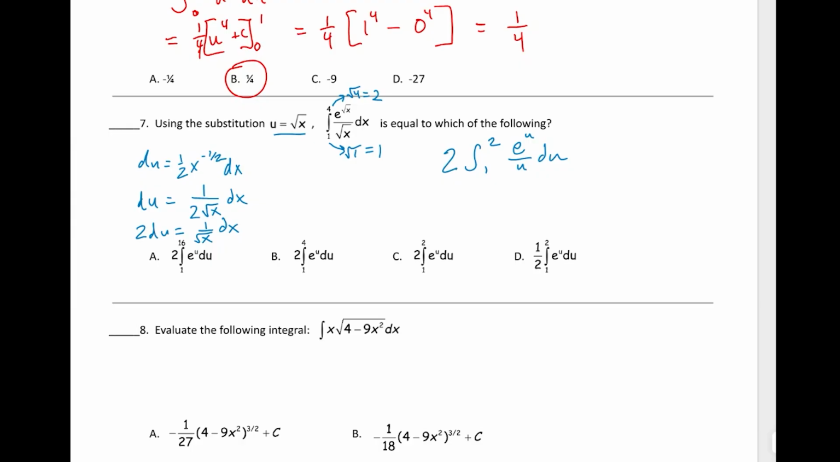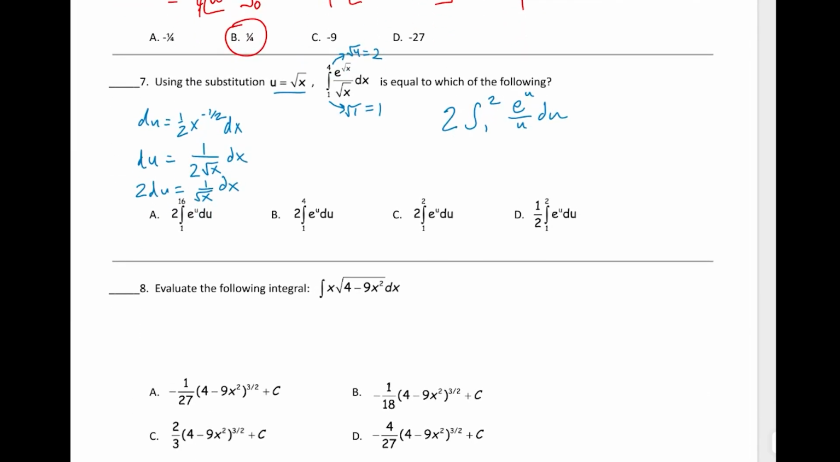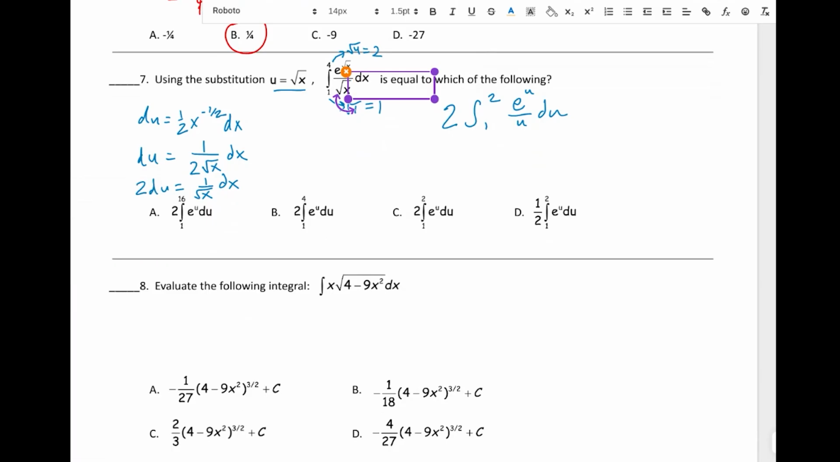Oh, no, okay. That should be good. I don't see the answer choice here. Hold up. Oh, you know what? I made a little mistake here because that 1 over root x dx,